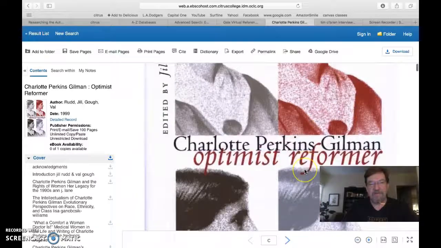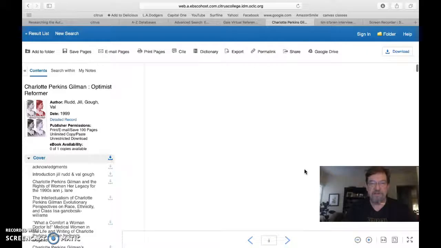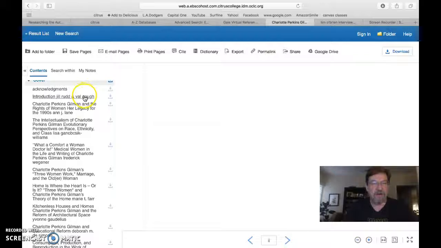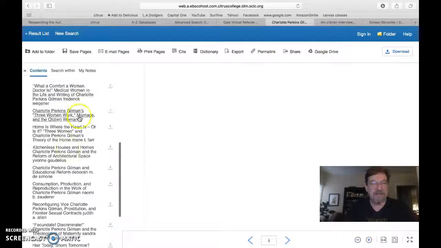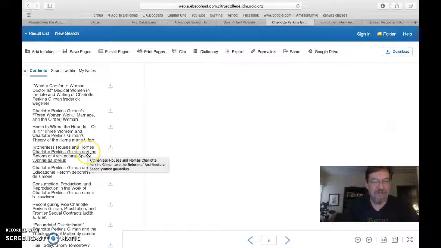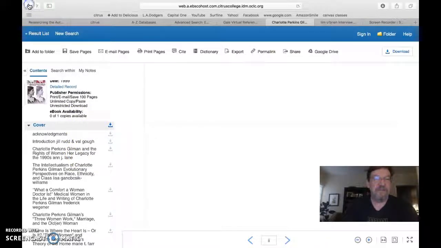Here, I've got this book called Optimist Reformer. Now, it's definitely about Charlotte Perkins Gilman and her life. Again, go to your index here. What I'm getting here is a lot of different essays. This is actually more difficult to use than I would have thought, because I don't want to read this whole book for this assignment. So, yeah, I can look at this, but I'm actually looking for something a little more